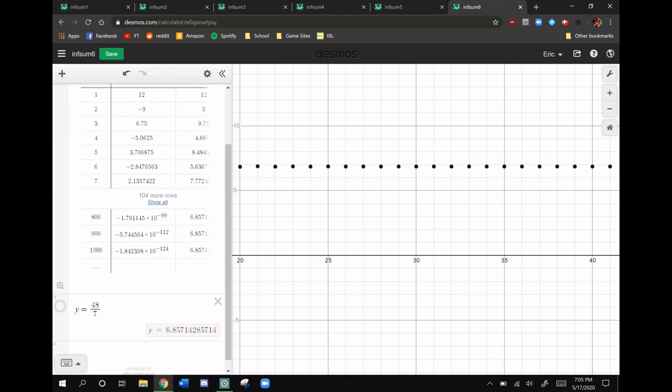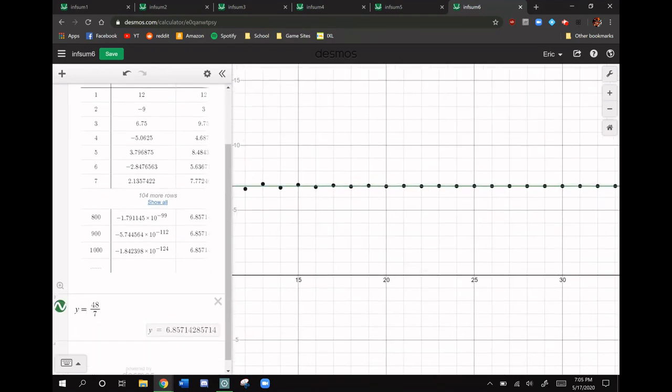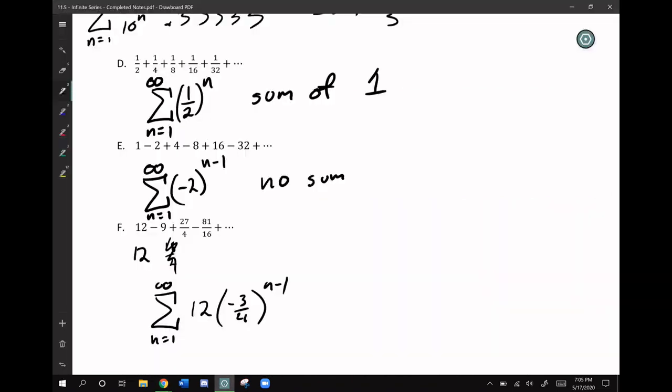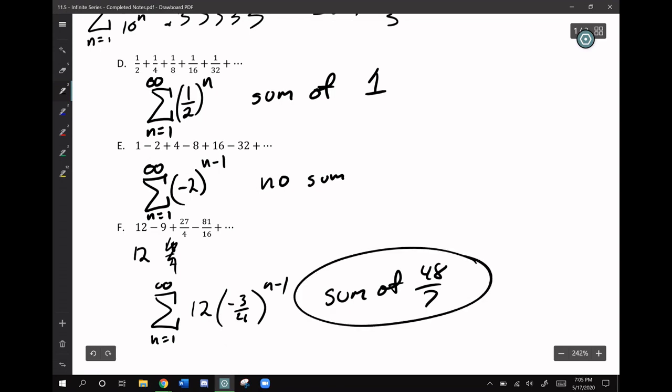These partial sums here start to get closer and closer and closer to a single value. And this value is actually 48/7 clearly. You can see it bounces back and forth around this line. It kind of oscillates through it, which is pretty cool. All right, so this has a sum of 48 over 7. All right. Now,